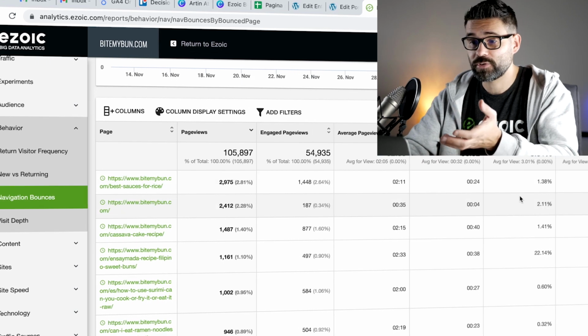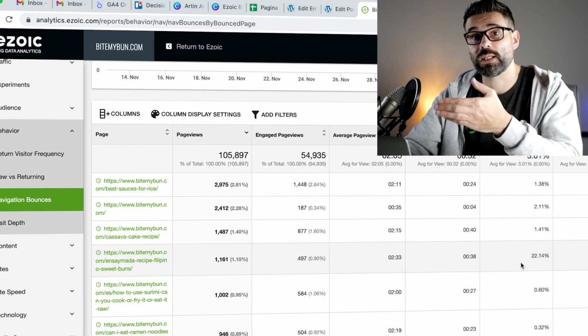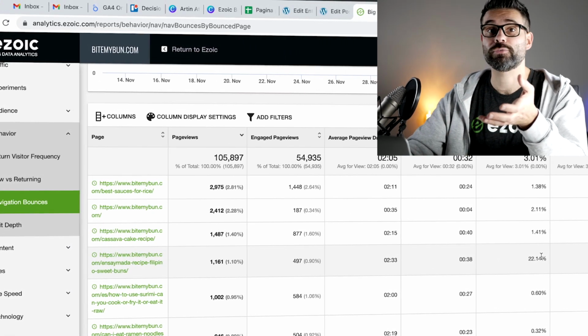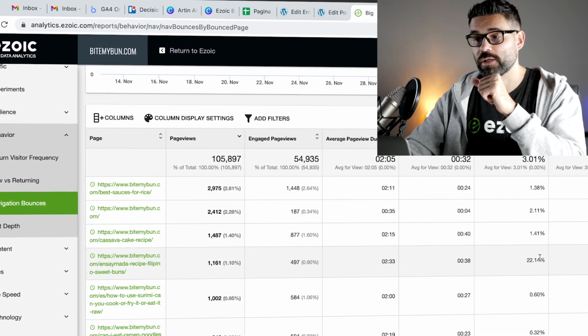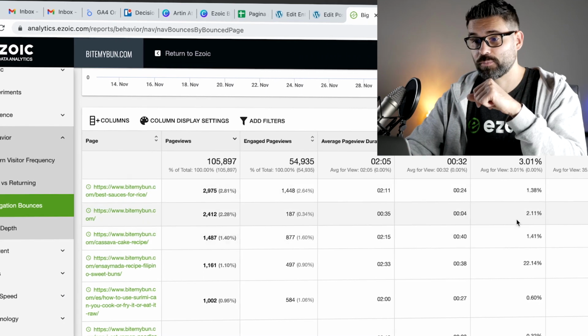Now this report lets me see pages that I need to adjust to be more in line with what users might expect when they click over to a page. Or I might need to change some links to that page where it makes no sense to refer people to that other part of my site. Or rephrase the anchor text maybe a bit so they know what to expect and it's more congruent with the